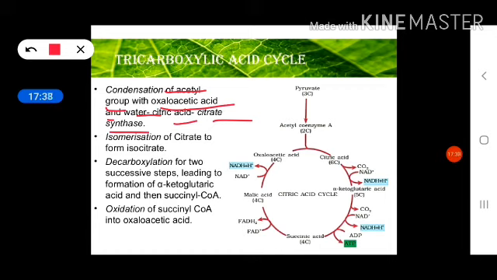So in the Krebs cycle we get 3, and in the link reaction 1 NADH plus H plus is obtained, so total 4, and CO2 is also 2 in number in the Krebs cycle, 1 from the link reaction, and 1 FADH2 in the Krebs cycle, and 1 ATP molecule is also produced in the Krebs cycle. So this is the overall product in the Krebs cycle plus link reaction. Okay, so this is for 1 pyruvic acid molecule,